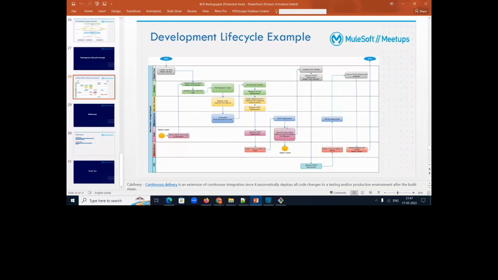Once it is deployed to the test environment, the tester will be ready to test the code. Either he will give a sign off or he will raise a defect. If a defect is raised, then the entire process is to be repeated again. Okay. If the defect is not raised and we have a sign off, it goes to the product owner,